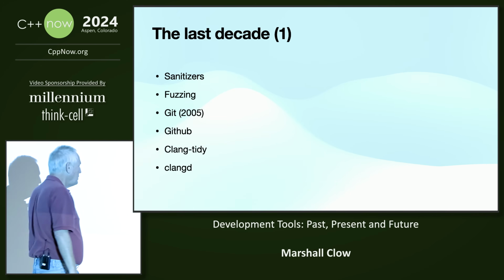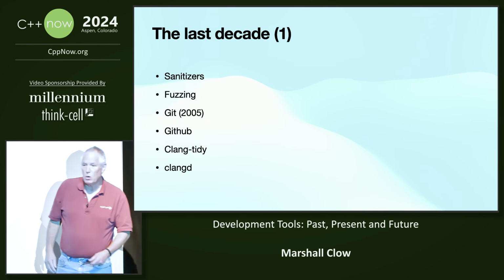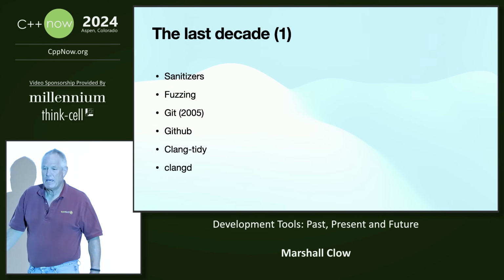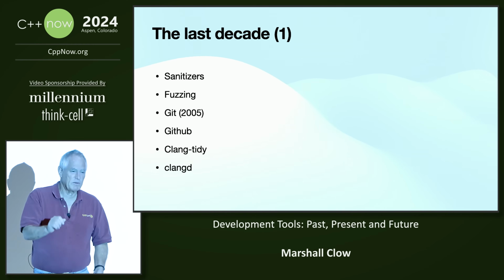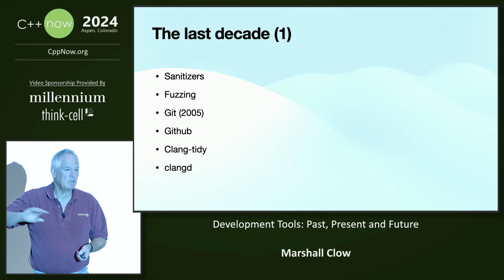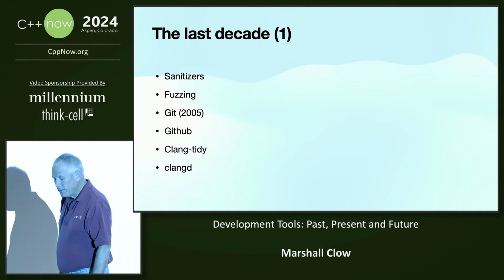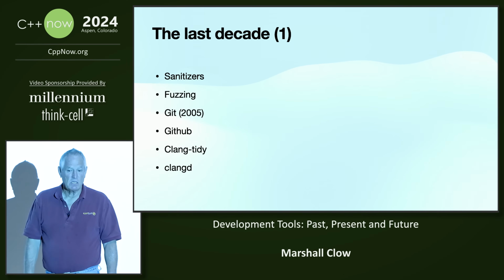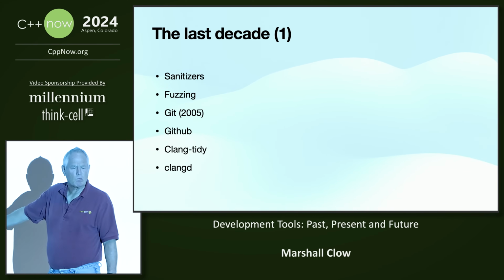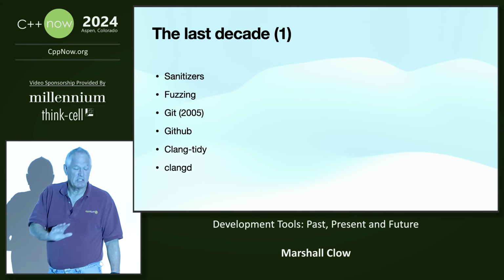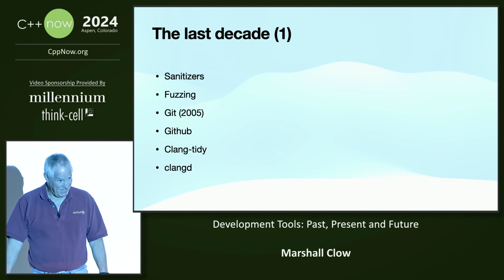So basically what fuzzing does is you pick a chunk of your code that you want to exercise. And what fuzzing does is it generates random inputs. And you write a little bit of code that takes these random inputs and passes them to the piece of code that you want to test, and then it runs. This is, again, a consequence of the fact that CPU cycles are really cheap, right?